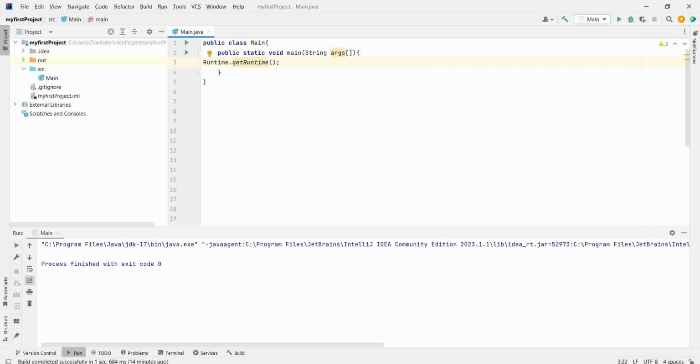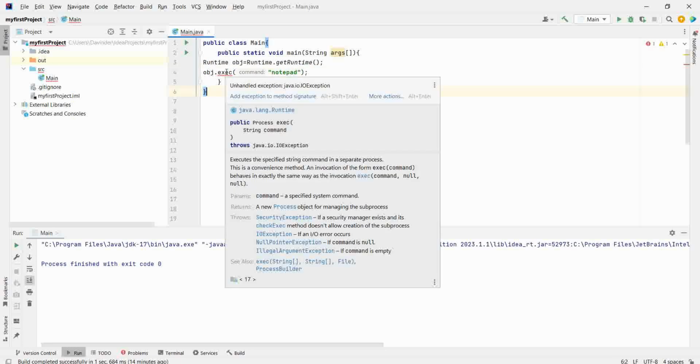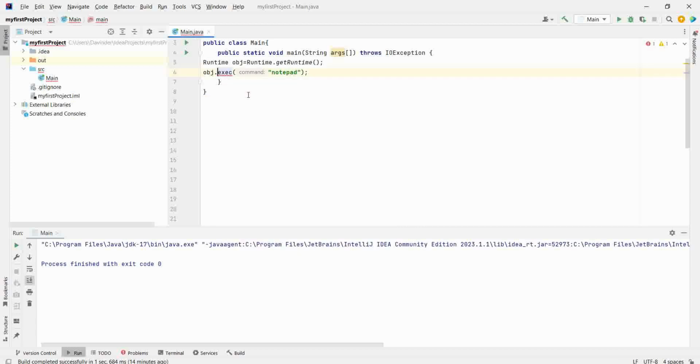It will give you the object of the Runtime class, like Runtime object equal to it. Then object.exec, and in that you will write notepad. There will be one exception here, so you need to have a try-catch block or a throws clause. The exception will come if Notepad is not available in your system. Now if I run this, it will open Notepad.